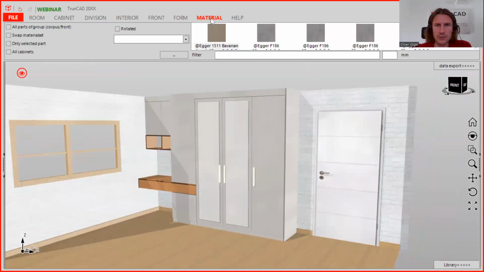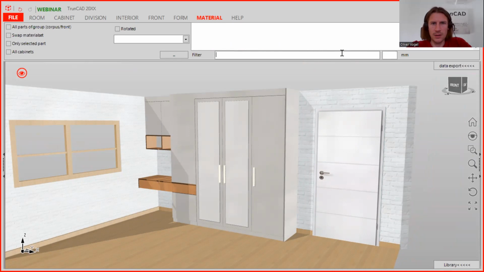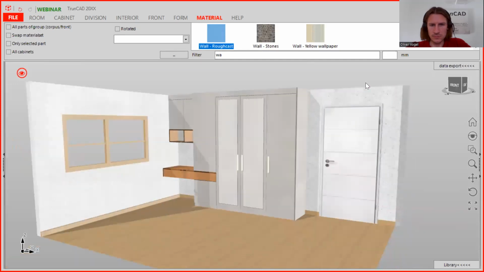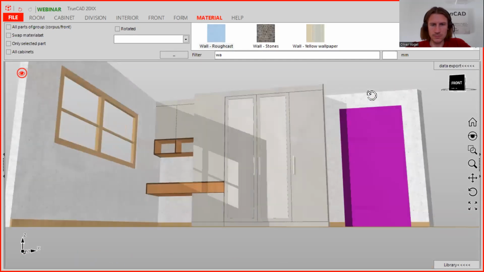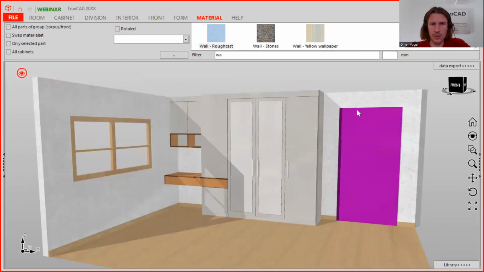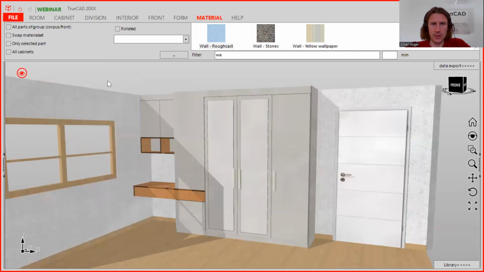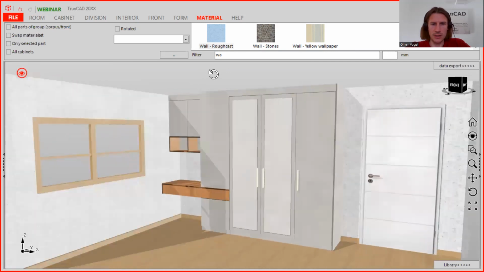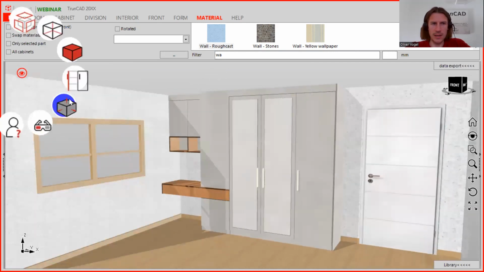If you want, you can also click on the material tab, and when you type in wall, you can also choose here different texture for the wall. So last but not least, you can also click on the red eye and